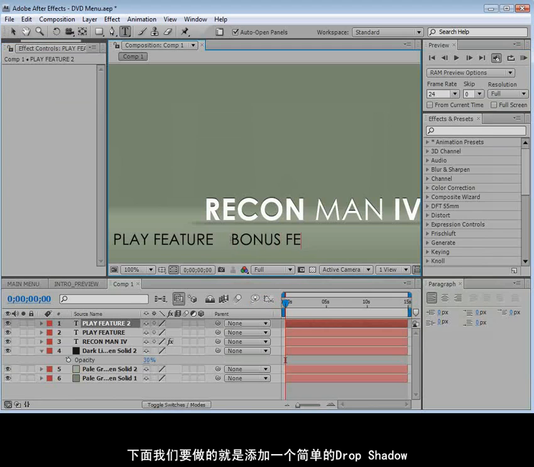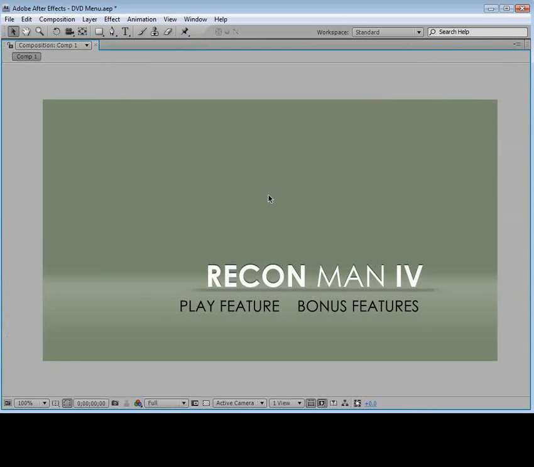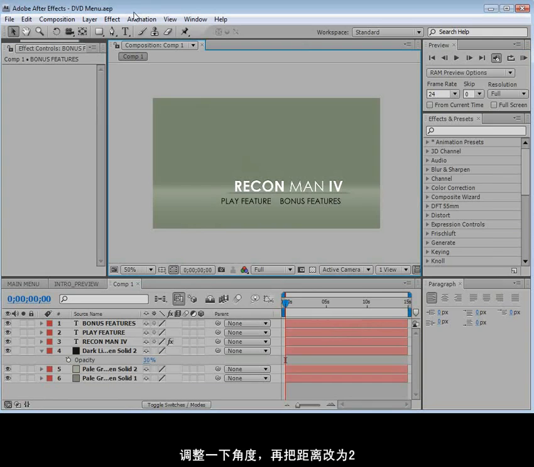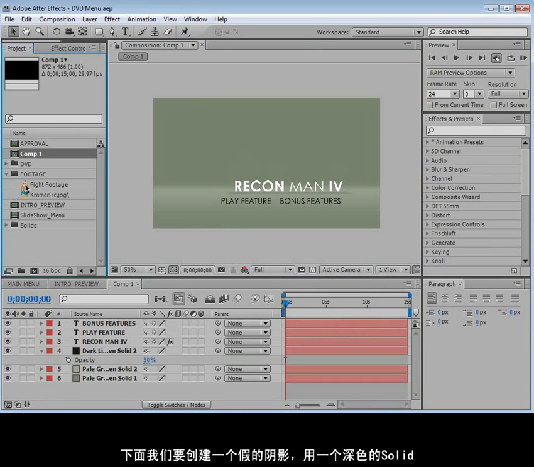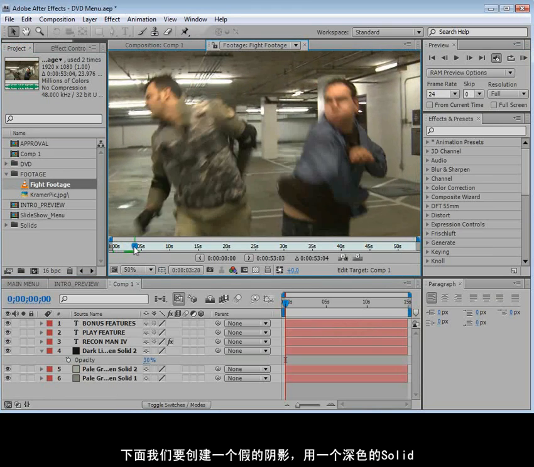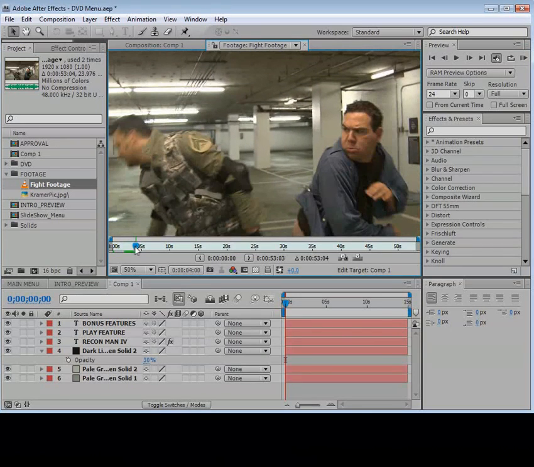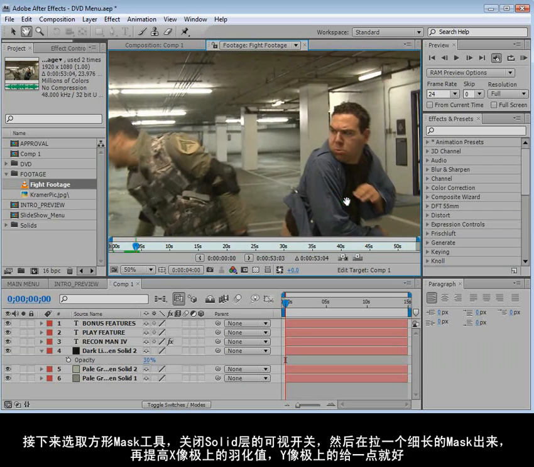So we'll go ahead, shut that off. And the next thing we need to do is add a simple drop shadow. So we'll choose Effect, perspective drop shadow, and we'll move the direction up and the distance to about 2. And then we're going to create another fake shadow, and we're going to use a solid, preferably like a dark colored solid. Choose OK, OK, and then we're going to take the rectangle tool,